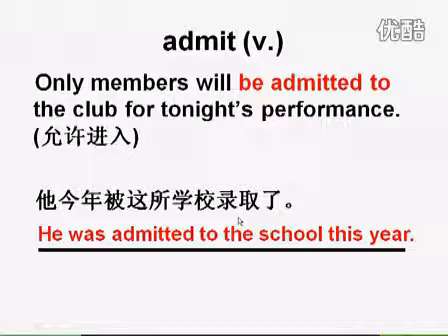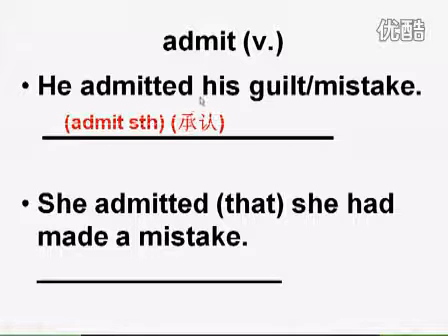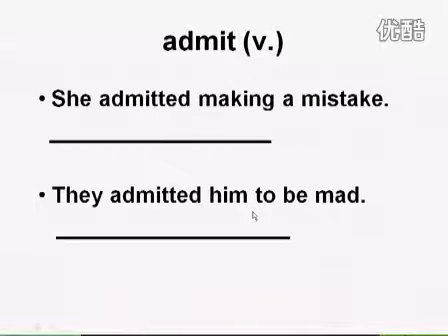好，我们看一下下面一个 admit。Only members will be admitted to the club for tonight's performance. Be admitted to 允许进入 right? 那么他今年被这个学校录取了。He was admitted to the school this year. 被动用法 be admitted to 介词的 to。好，He admitted his guilt, his mistake. 那么这个不是录取的意思，应该是承认，对吧？他承认了自己的错误。She admitted that she had made a mistake，也是承认的意思。那么这块 admit 既可以直接加名词，也可以加一个句子从句，表示承认的意思。